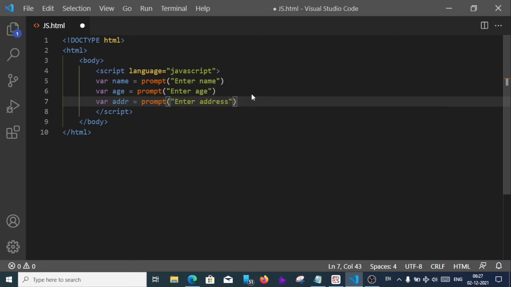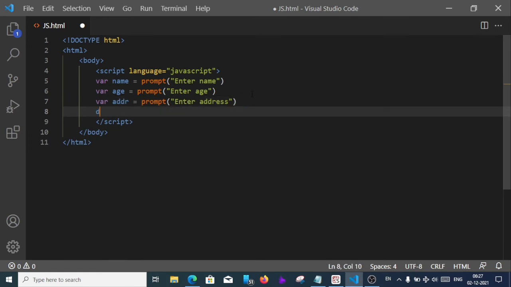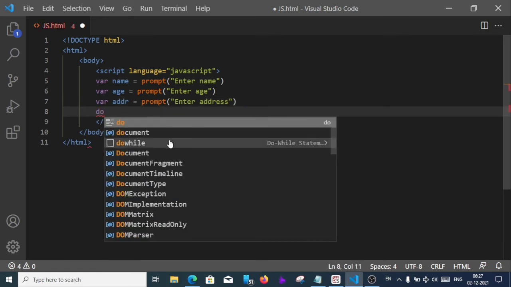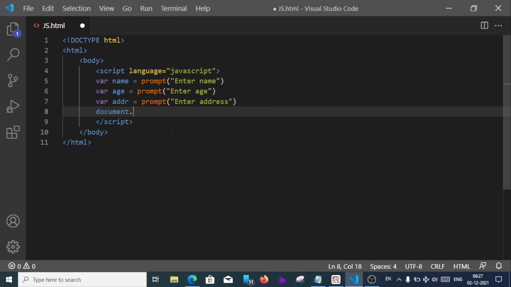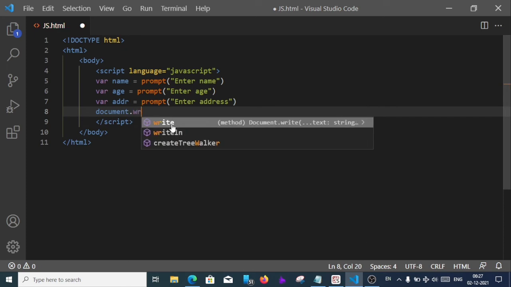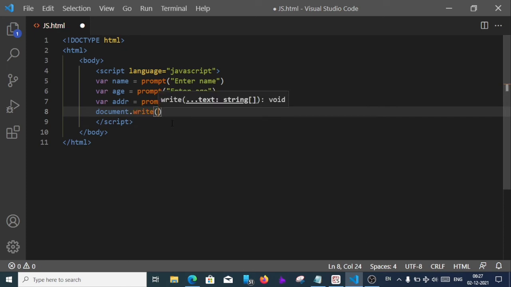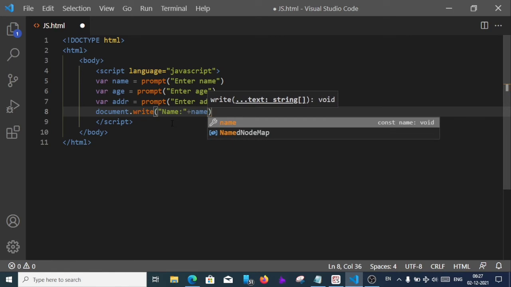Now we have to show the result. For that we will write the document.write statement. Document.write, inside the brackets, name. Whatever we write inside quotation marks is counted as a normal string, and with that we'll add the variable. That variable is name, again plus sign.